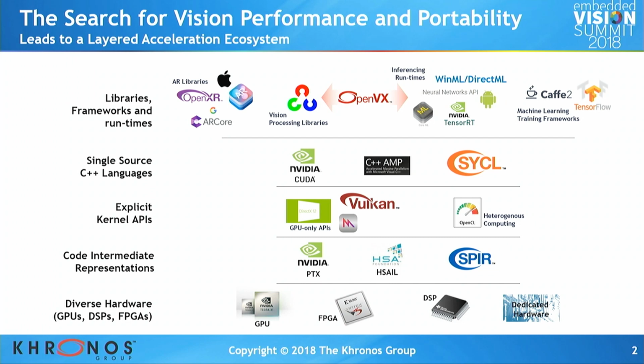And of course, HSA is another standards organization. They have something similar to SPIR called HSAIL. And again, the hardware vendors typically will have their own intermediate representation that they will use in their own compiler stacks. So that's kind of the big picture. This was going to guide us for the next 20 minutes.